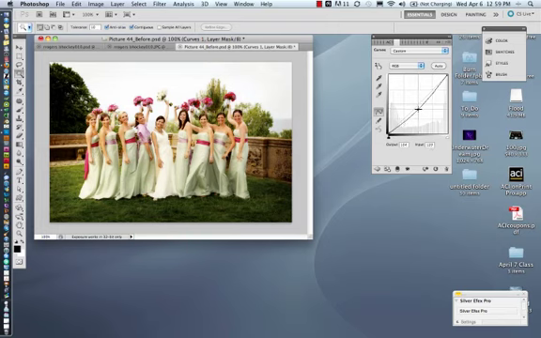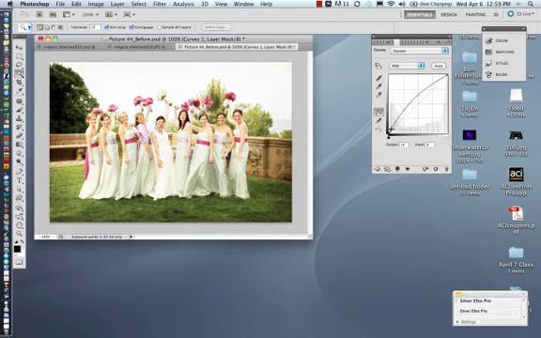If we pull down, it's going to decrease the exposure or darken the image. If I pull in the center, it's going to focus more of that darkening or lightening power in the mid-range tones. If I just pull that off, that's how you get rid of a point: just pull it off the graph. If I come down here in the darker tones, see in this area, that's representing the